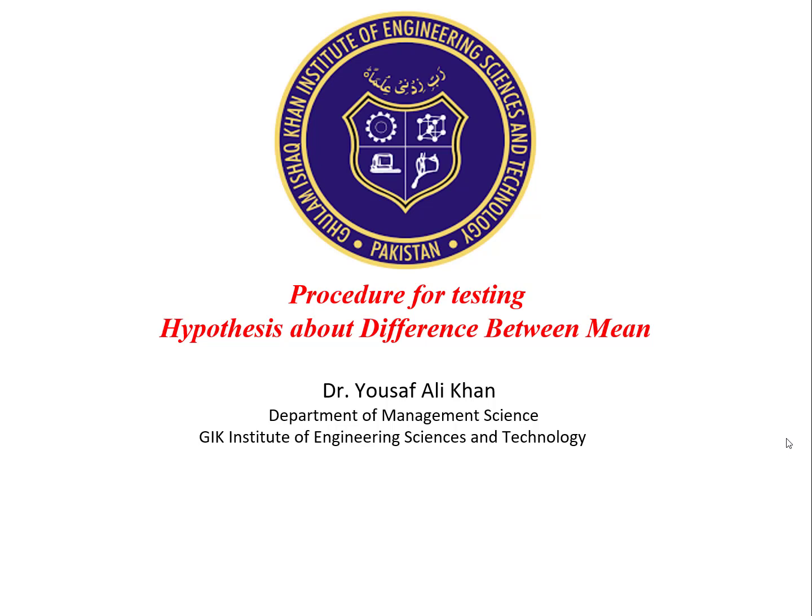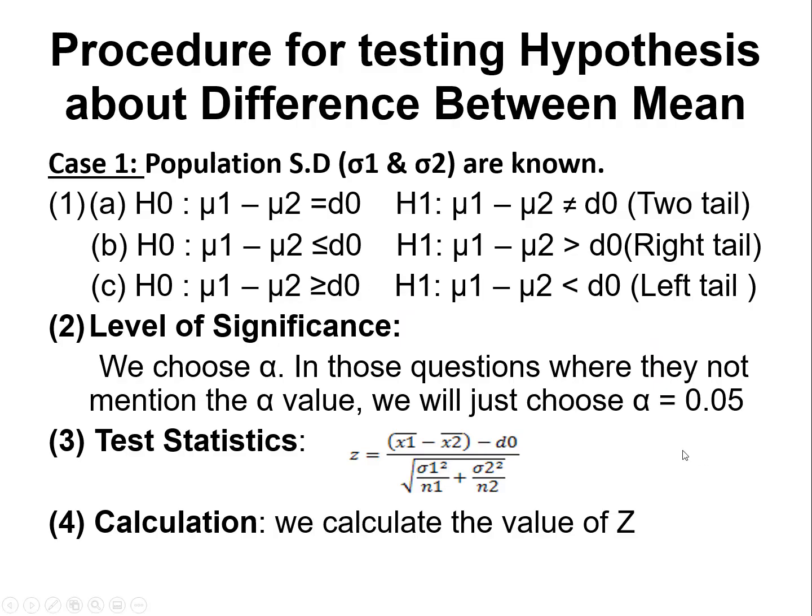For example, we want to compare two categories of students, we want to conduct a hypothesis testing for two types of data. For this purpose, we will not be able to use the hypothesis testing for a single mean, but we will conduct a hypothesis test about the difference between means. In this lecture, I'm going to talk a little bit about how you will conduct a hypothesis testing, how you will check whether your test is accepted or rejected, because you will collect sample data from two types of observation, and on the basis of that you will decide to accept or reject.